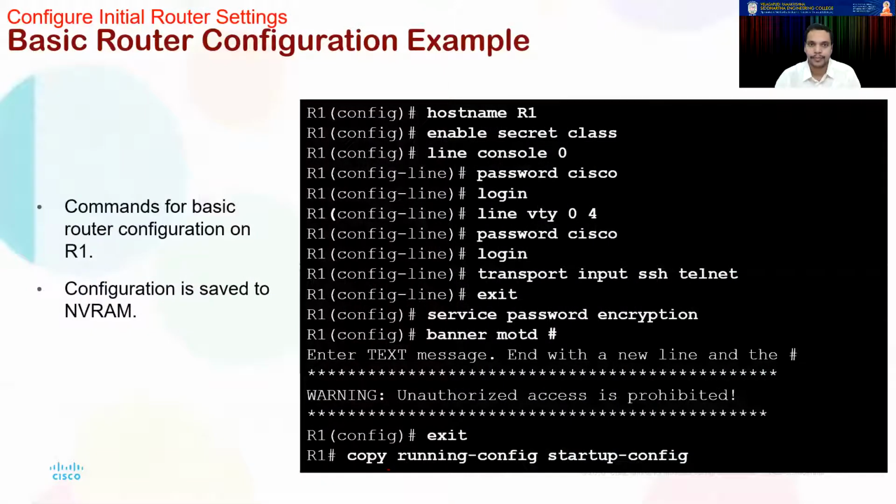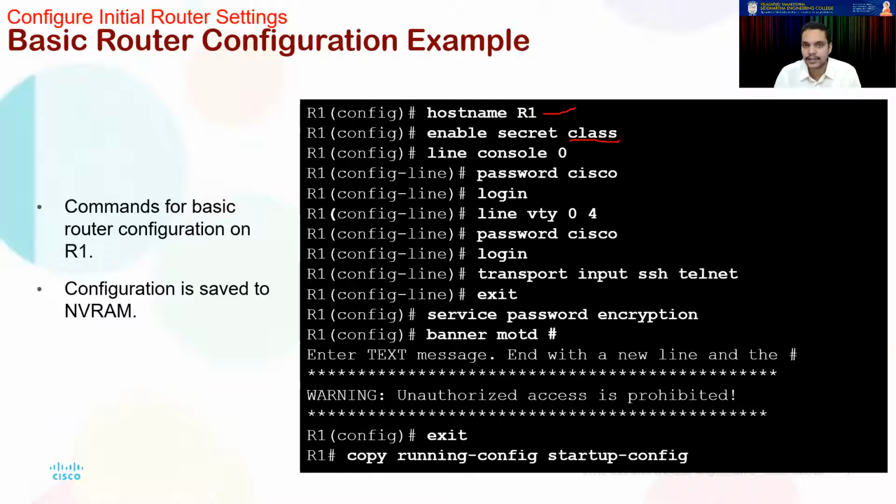Just as an example, check these things out, how it is being done. As I said, consider an example router, which is R1. Similarly, if you want to perform the basic configuration, these are all the steps that you need to do. First you have to put in the hostname R1. Then you have to type in the privileged executive mode. You have to type in enable secret.